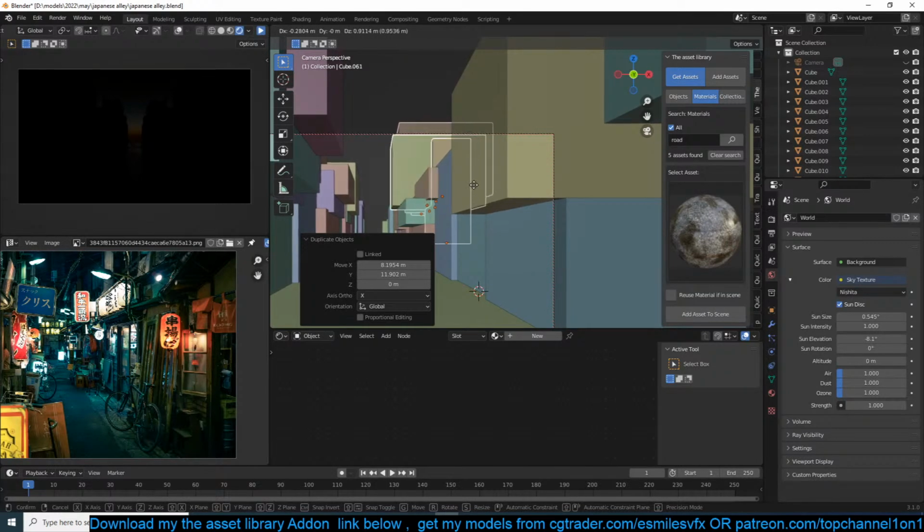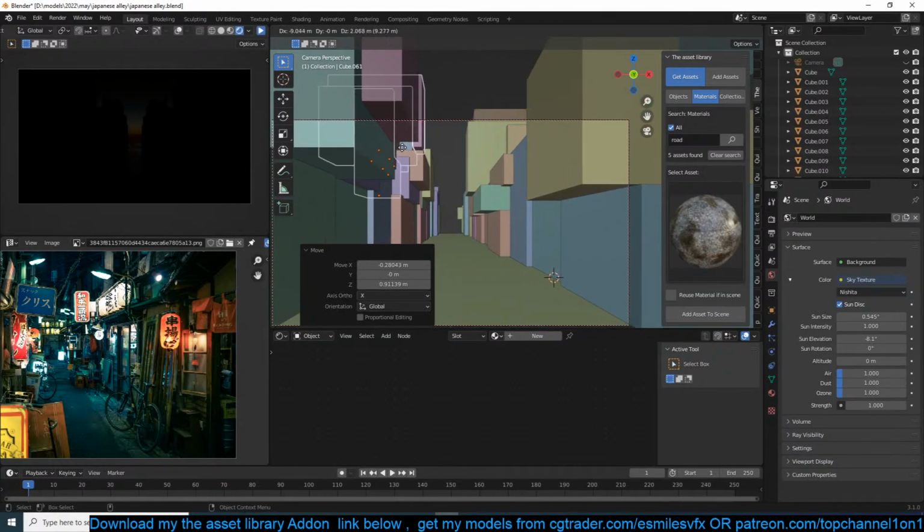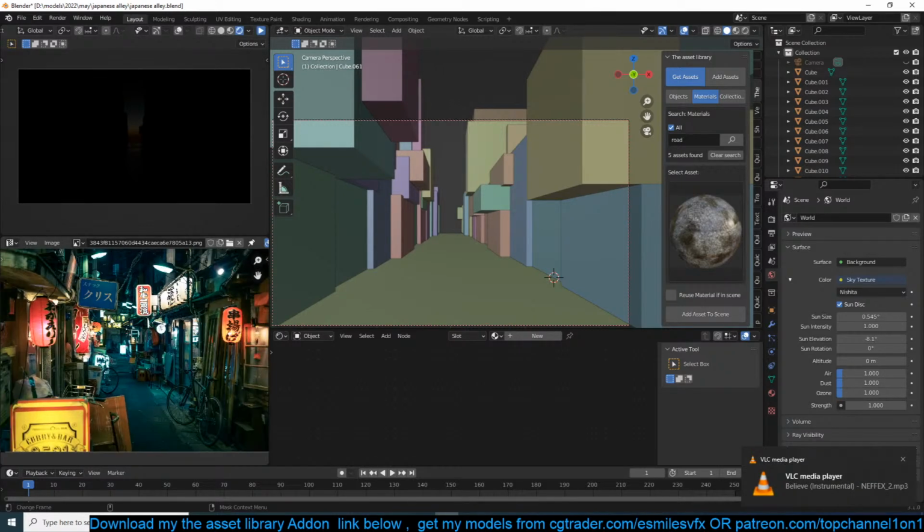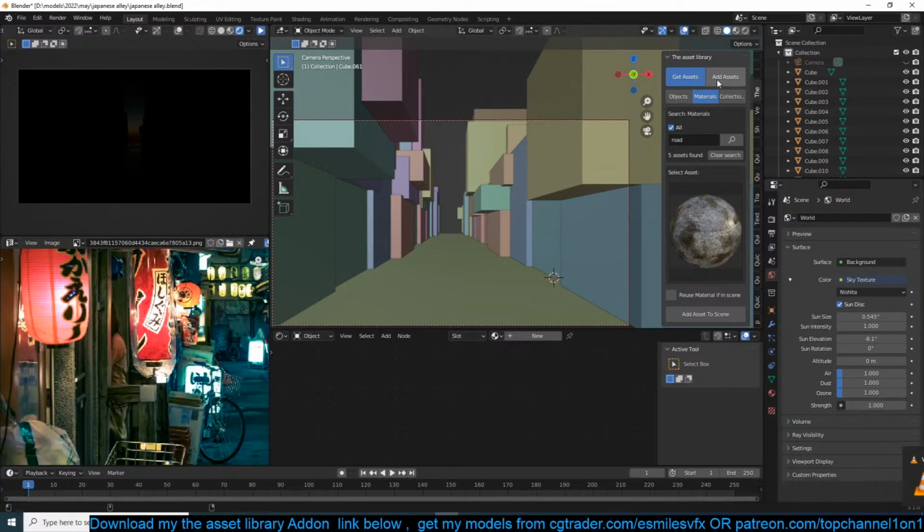We want random things like that. Okay. Now let's start adding some lights. I think we can have this lantern. I think I have it in my scene. Lantern. It's just not textured.